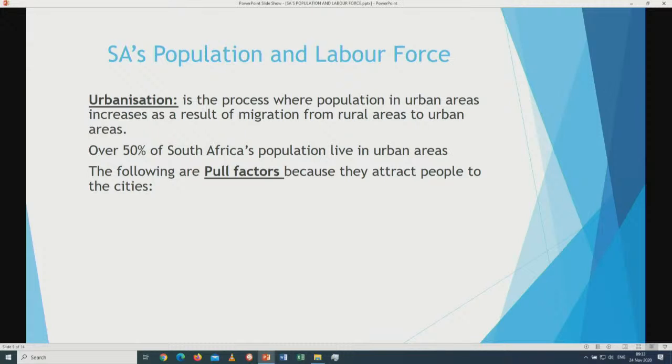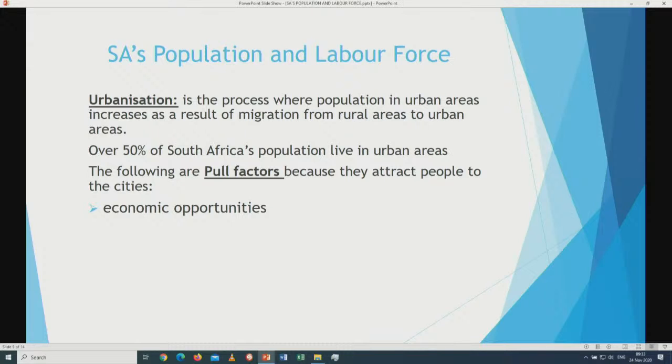The reason why people are moving from rural areas to urban areas can be classified into two categories. The first is the pull factors. We call them pull factors because they attract people to the cities. The cities are so attractive that they pull people towards them from rural areas. And some of the reasons that pull people to the cities,